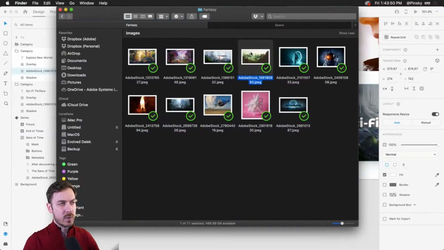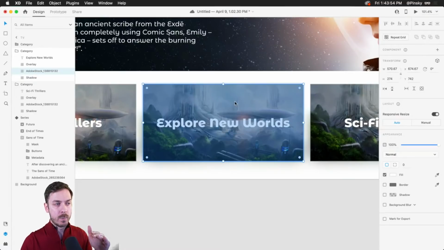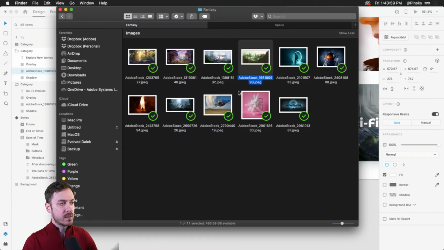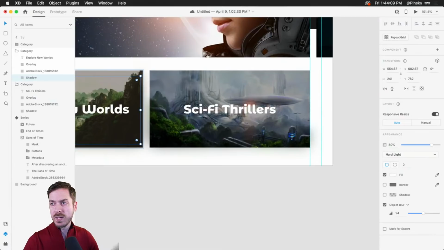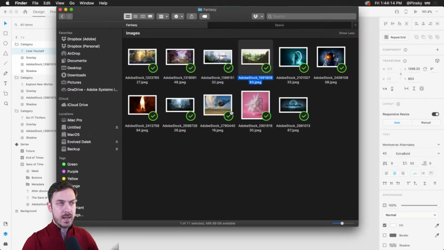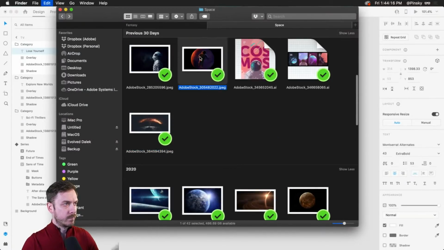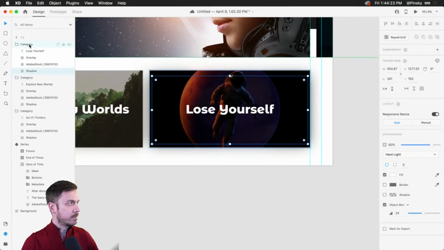And then for the image, in Finder, I can grab this one. I'm going to copy it to my clipboard because if I dragged this directly in, since we have that overlay on top, it's going to replace the overlay, which we don't want. So I can either hide the overlay or copy it. Then on here, I can paste appearance, which is going to put that image directly in. I'll do the same thing for the shadow. There we go. And then this one over here to the right, lose yourself. And this little guy here is floating in space. Doesn't look like a good situation he's got himself in, but there we go.